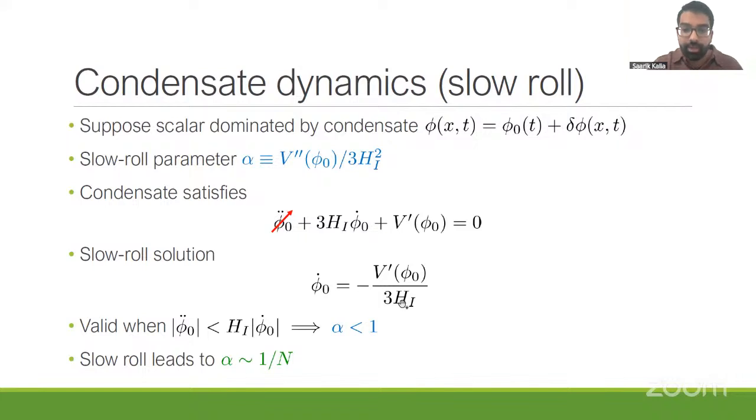Now you can rewrite this slow roll solution in terms of alpha and solve it as a function of N, the number of e-folds. And it turns out what you'll find is that alpha goes like 1 over N, basically. So the long story short of all this is when alpha is large, then it decreases exponentially. When it's small, then it decreases like 1 over N. The coefficient of this 1 over N is going to depend on the potential, as we'll see in a second.